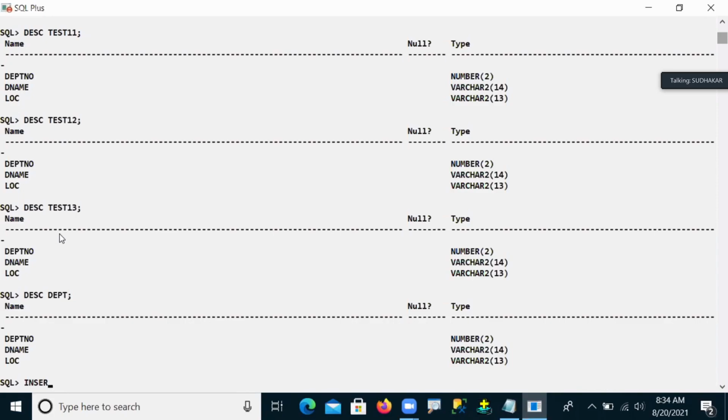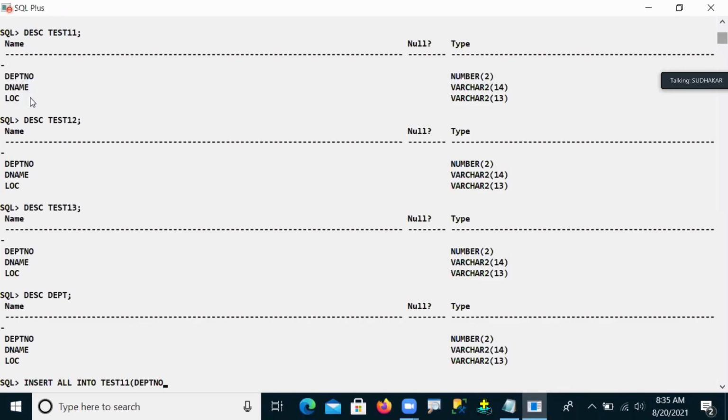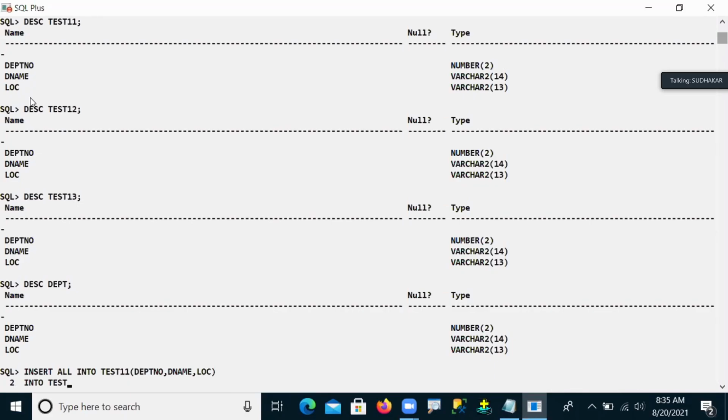Let me pass now. Insert all into the first table, test number 11. This is 11, not 1. Your column names are DEPT number, D name, and LOC.